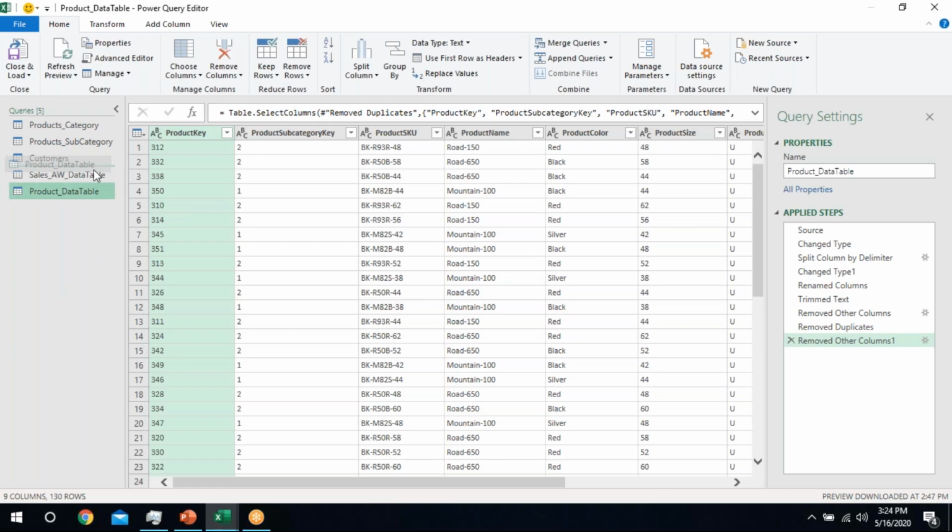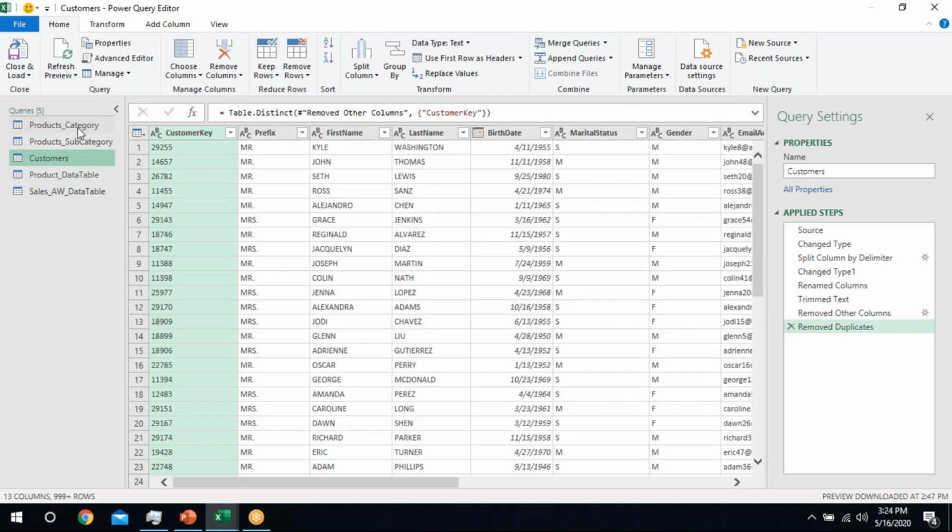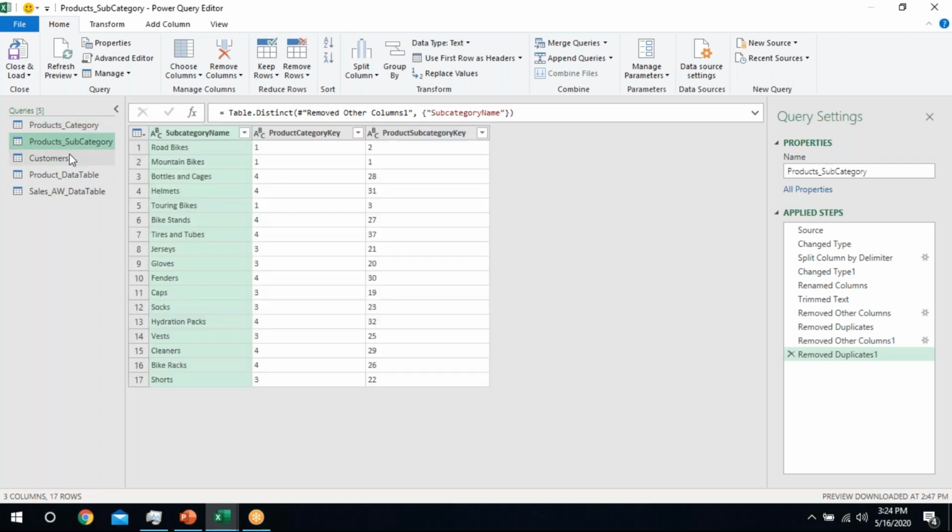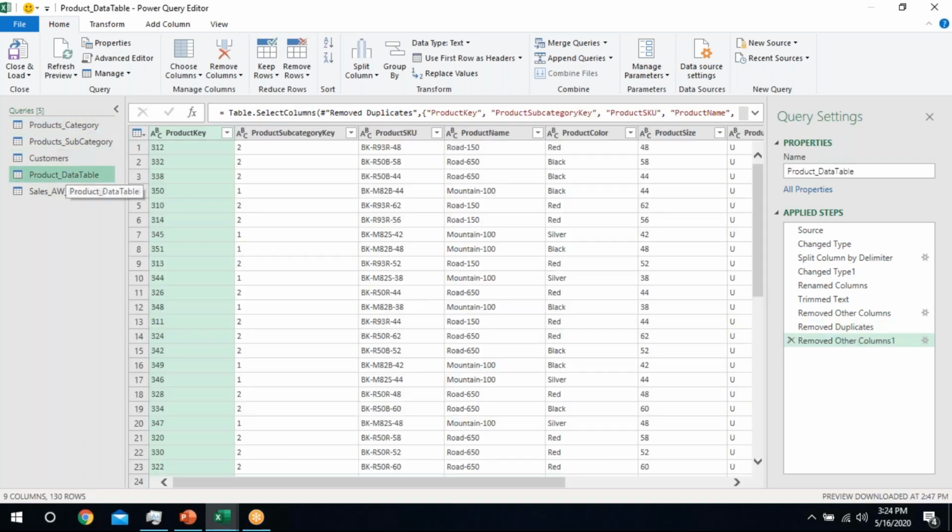Now all of these four tables, that is product category, product subcategory, customers, and product data table, are dimension tables that contain primary key and the related information, right? Whereas the sales AW data table is my data table that contains foreign keys and the transactional records.